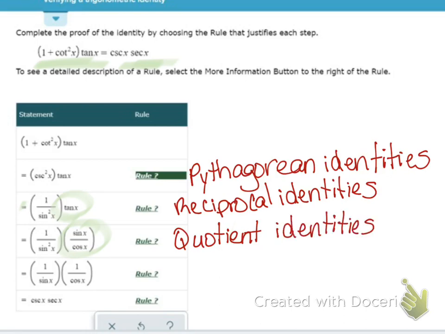And that's the drop-down menu that I would pick. Now, I'm still left with a sine on top. If you look carefully at what I've got right here, I have a sine on top and a sine squared on the bottom. If I've got something on the top and something on the bottom, I can cancel that out. So the sine x on the top gets rid of the sine squared, and then I just have sine x. So I no longer have sine squared. My sine x is still there, but my sine on the top cancels out,